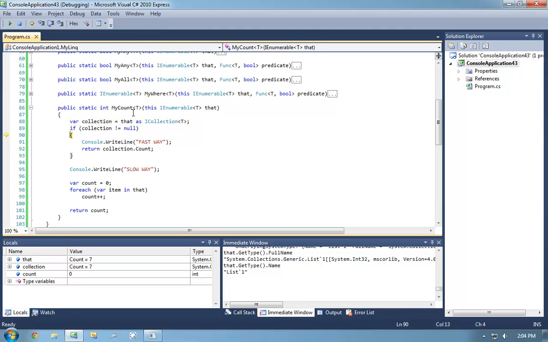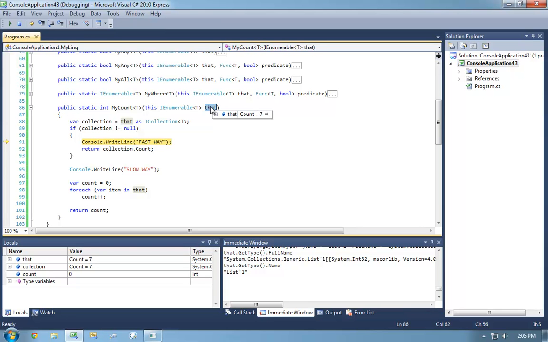So now when I run this code, notice how this code path gets executed because it was able to take that and turn it into a collection. So now we're looking at a statically typed collection. Keep in mind the difference between static types and runtime types. The runtime type of that has never changed.